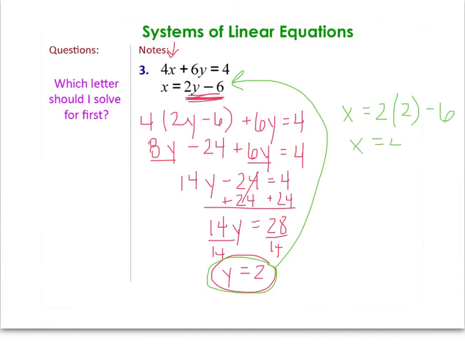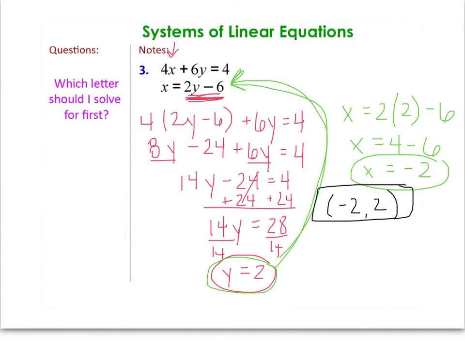X equals 4 minus 6, so x equals negative 2. So I solved for y first this time, and then put it back into equation 2 to solve for x. My answer is still the same thing. It's still that point, x comma y,